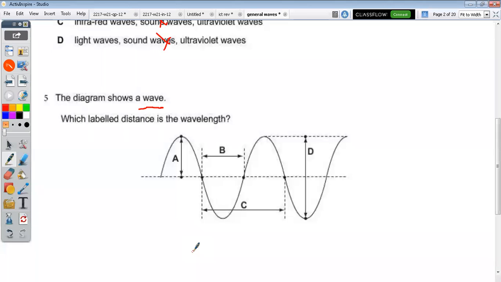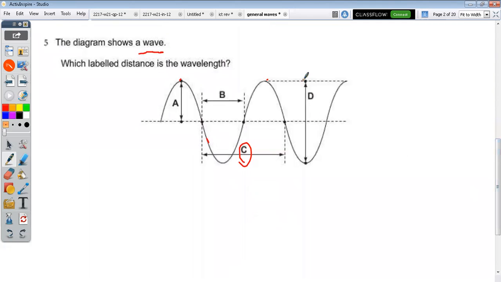What's your answer? C. You're saying B. C, correct. Your wave here, then they're starting again. Or maybe from that to that, but it's not labeled here. So C. And notice D is this, not that. Otherwise, if it was that, it was wavelength. But D is this. That's not correct.